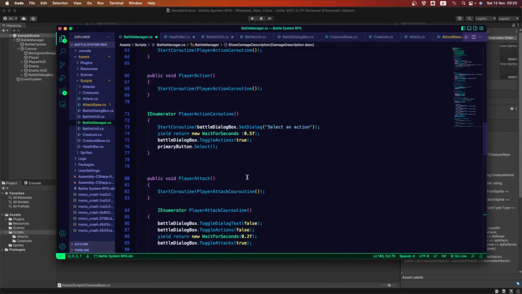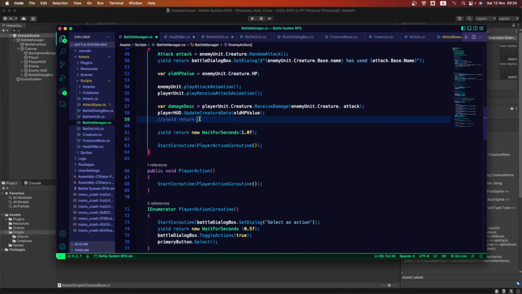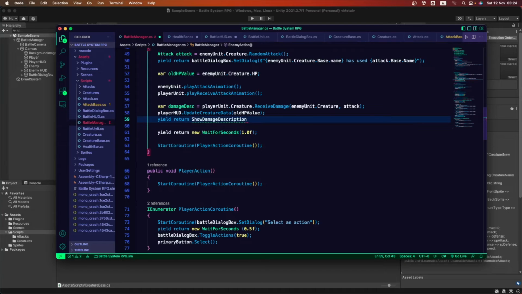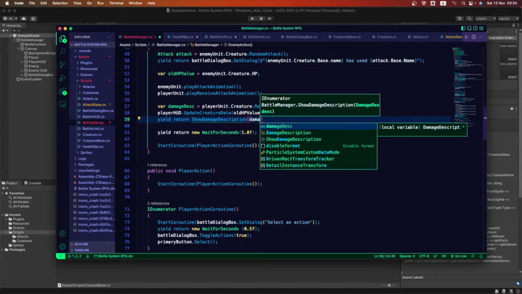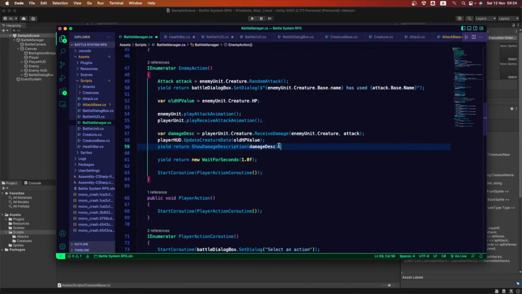So let's go back into our enemy action, and let's fix it at the end. Okay, so we wanna start here, yield return, and remember, now we have our show damage description, and damage desk is the value that we're gonna pass. Where is damage desk coming from? It's coming from this variable.